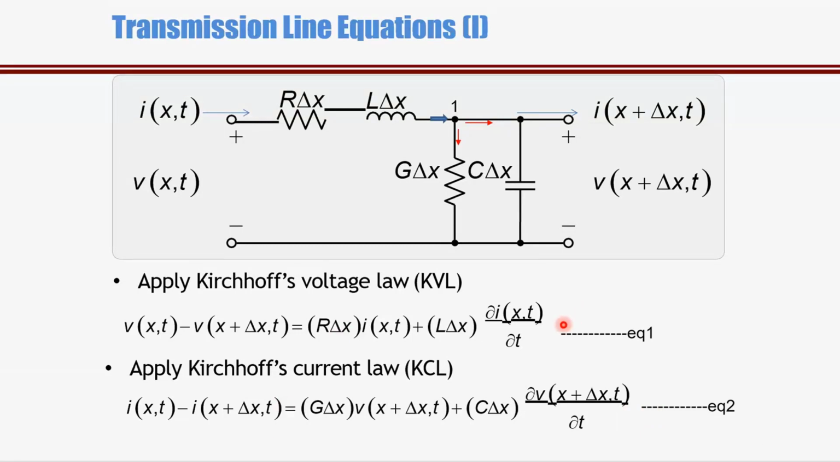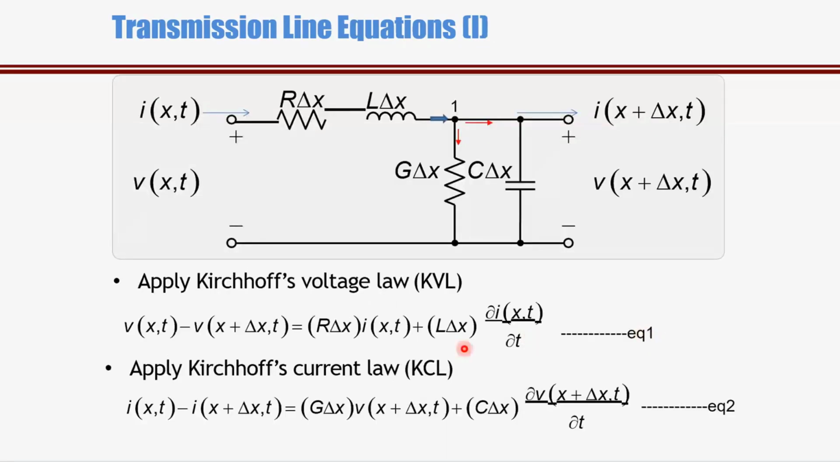So the first equation we have written according to KVL, and the second equation we have written according to KCL, and we have collected all the RLGC parameters, related these RLGC parameters to the voltages and currents, right? Then next,